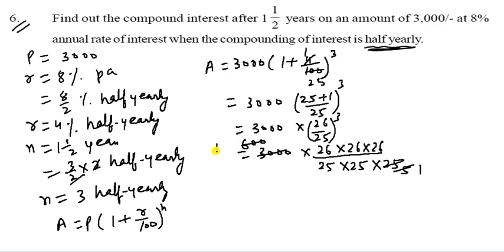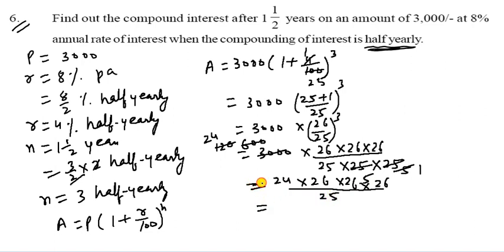Once again 5 fives are 25 and 5 sixes are 30. So here is 5 ones are 5, here is 5 ones are 5, 5 twos are 10. Once again 5 fives are 25 and 5 twos are 10 and 5 fours are 20. So it becomes 24 into 26 into 26 into 26 and divided by